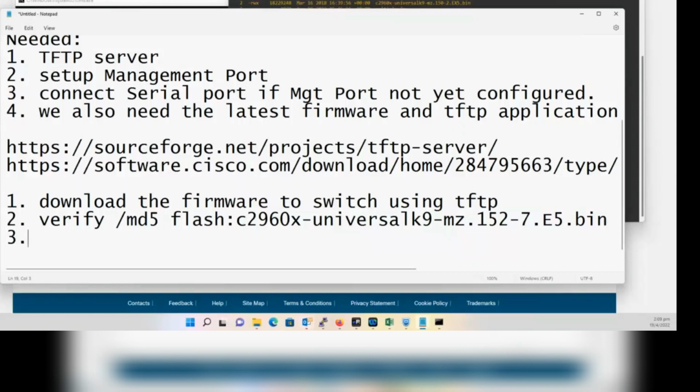Third, you have to make sure that the configuration register is at the address 0x0F. So check if the config reg is on 0x0F. How you will do this one, I will show you later. After that,